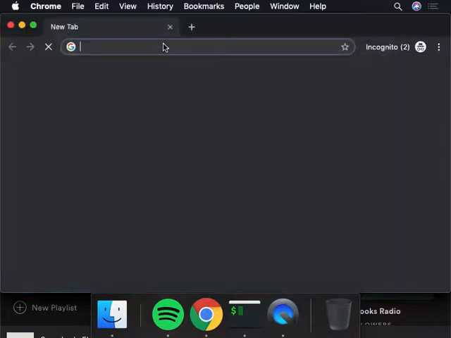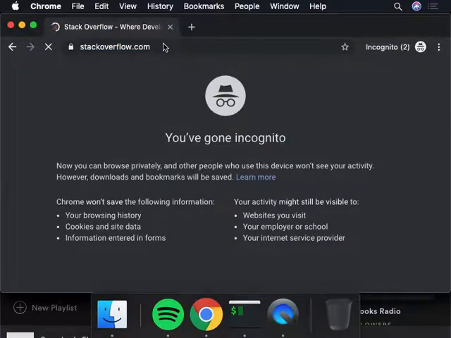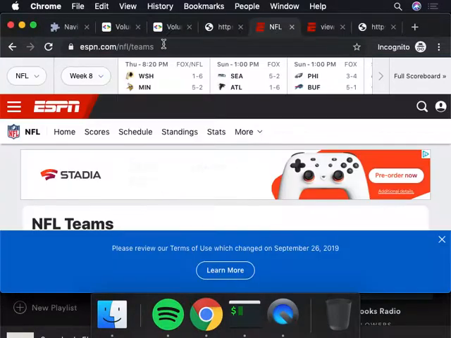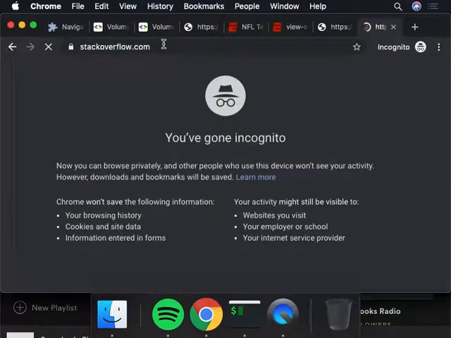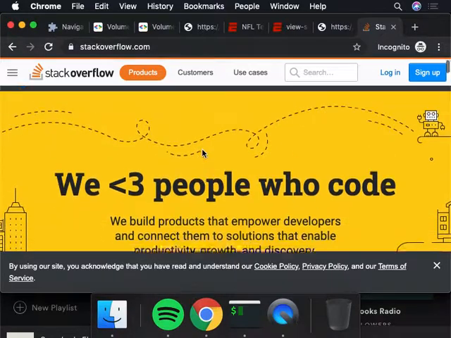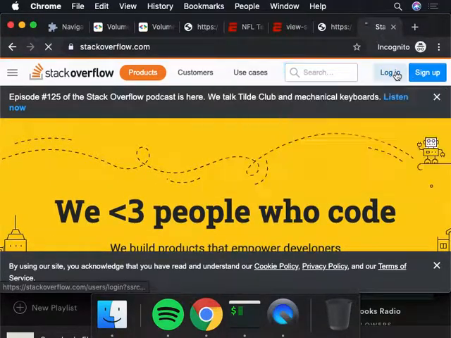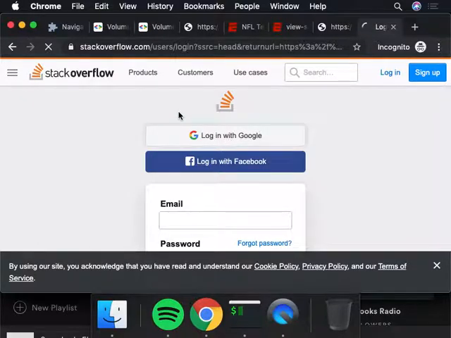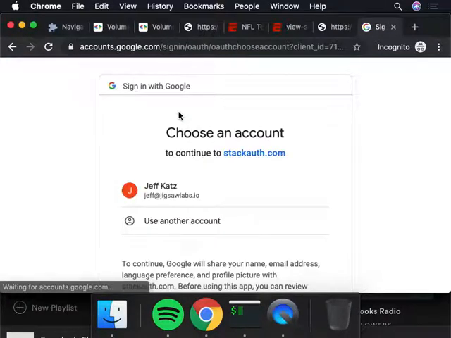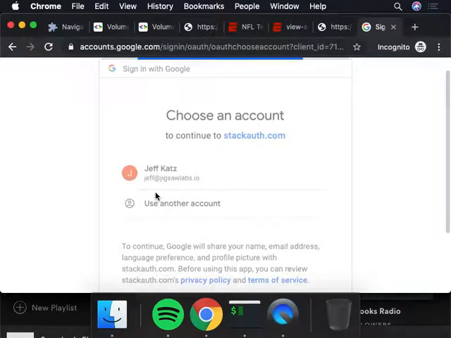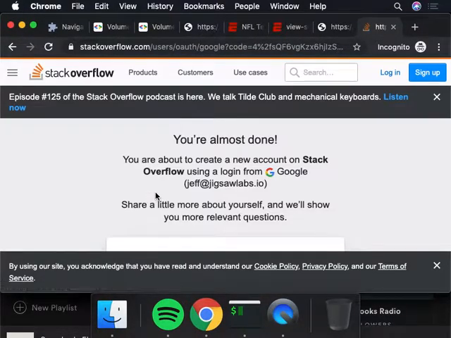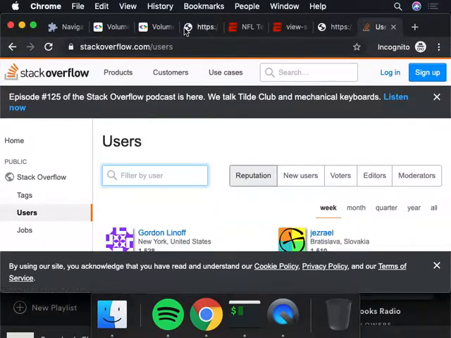If I go to Stack Overflow, this is a question and answer site. I think I'm already logged in. If I go there and I want to look at users, I would just go to stackoverflow.com/users, right? And that'll give me a list of people that post questions or answers. So it's organized in terms of these categories, and these categories are called resources.